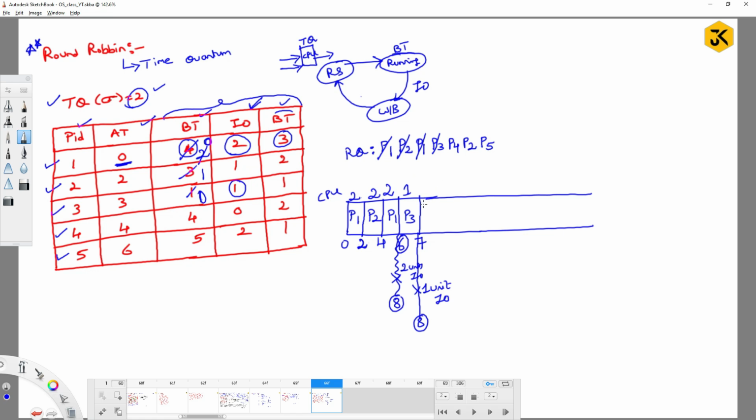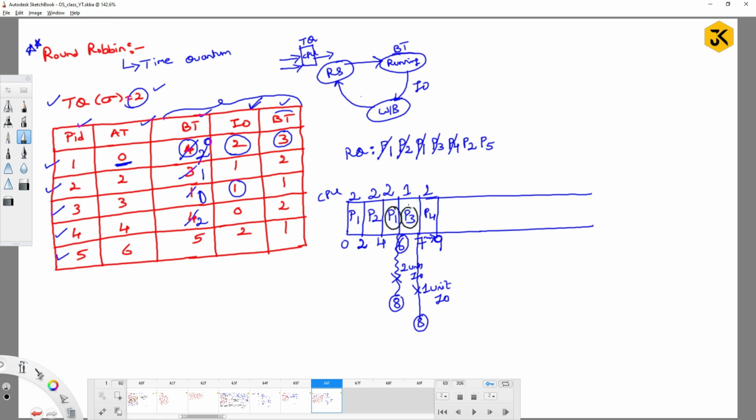So as soon as 7 units are completed, all the processes are there in the ready queue. So then I will go with the P4 process. Now the P4 process will get the chance and will execute for 2 units of time, and now the time is 9, right? As P4 is executing, from 7 units to 9 units, in the meanwhile,